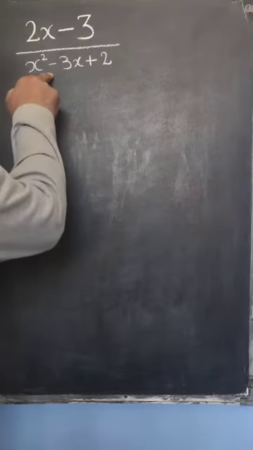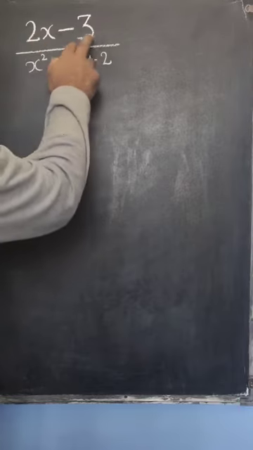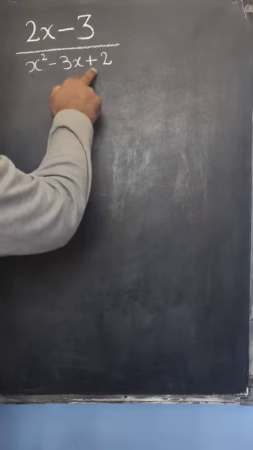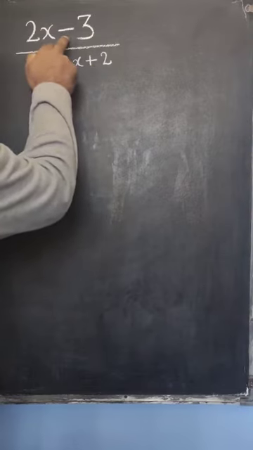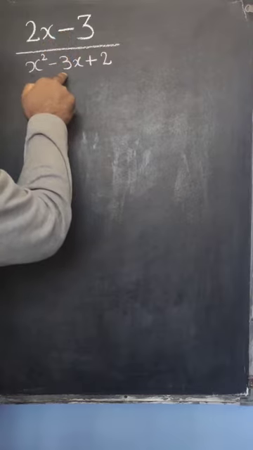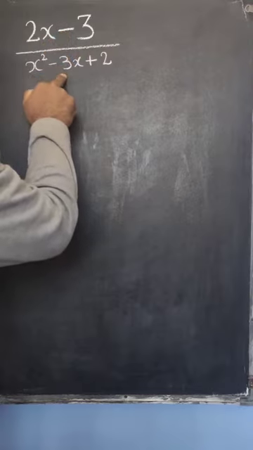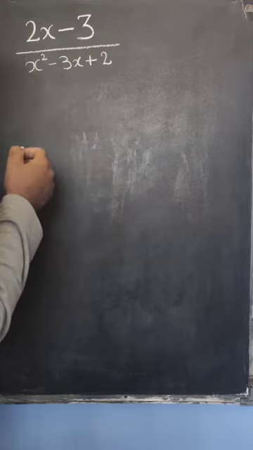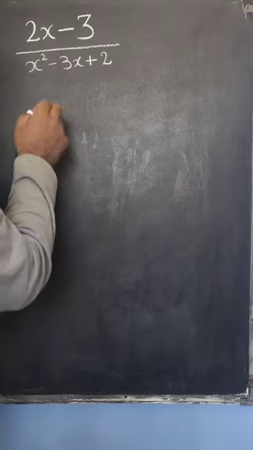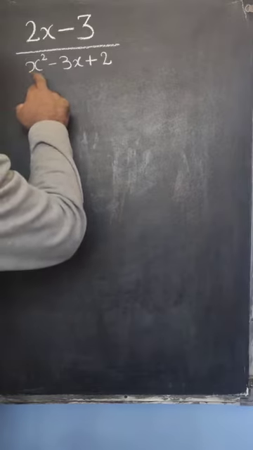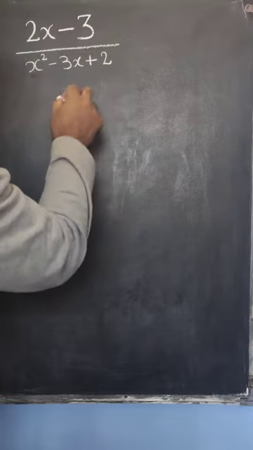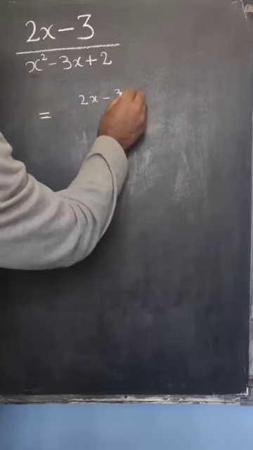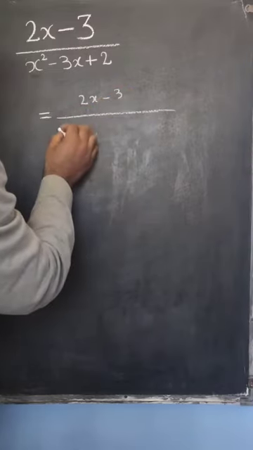Here we have a rational function (2x minus 3) divided by (x square minus 3x plus 2). In this rational function, degree of numerator is less than degree of denominator. So this is a proper rational function, and we can decompose this into partial fractions. For that, we will first factorize this denominator. Now we can write (2x minus 3) divided by x square